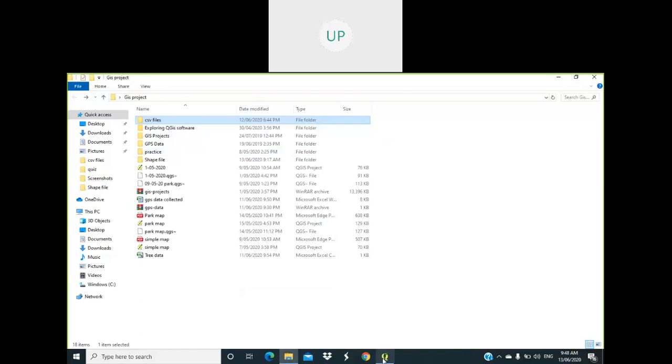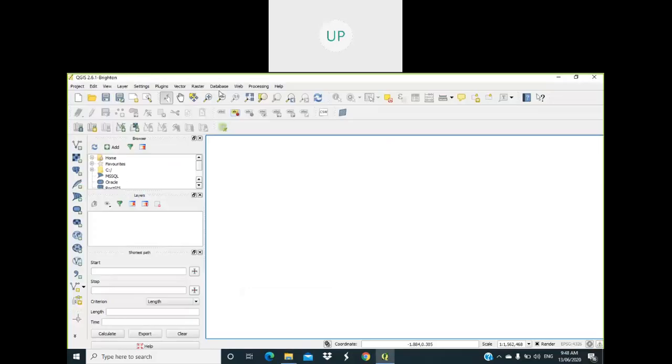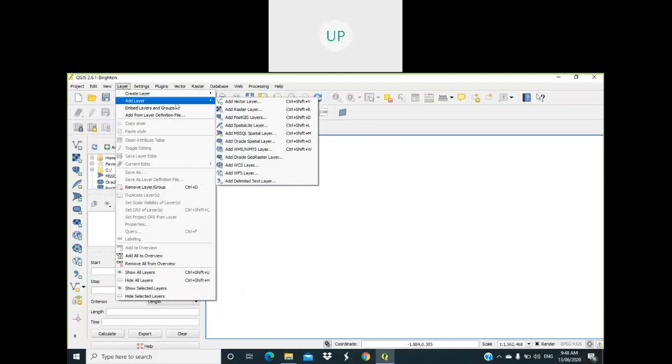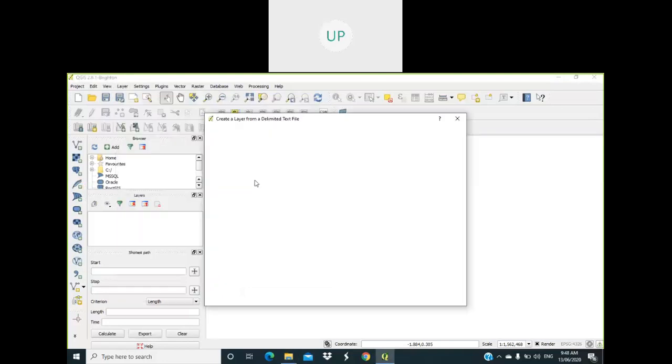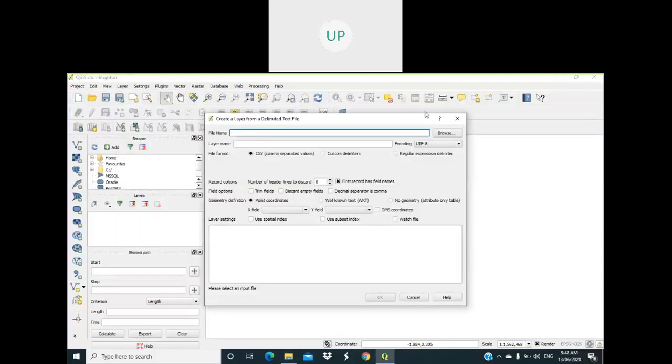After getting the conversion into CSV files, first we have to go for add layer, add delimited text layer. Here we have to browse.